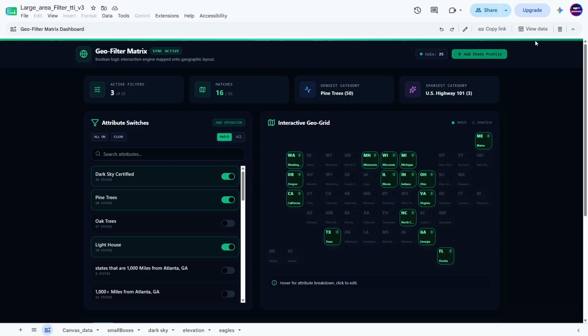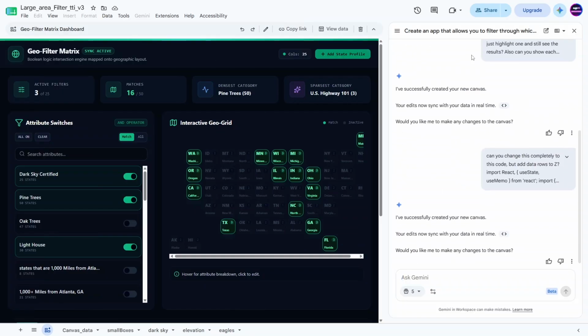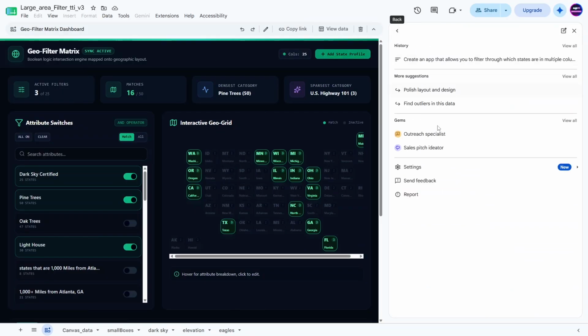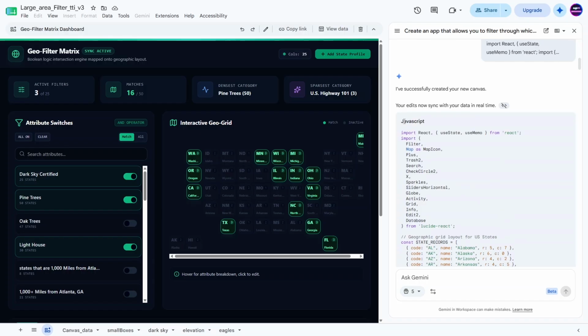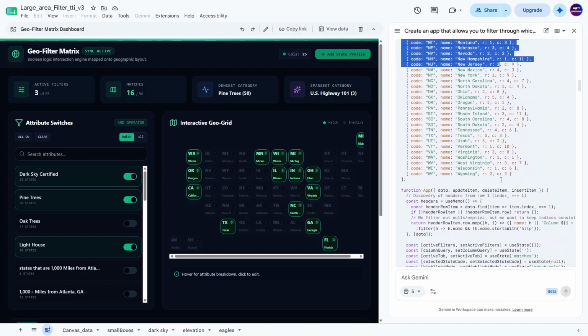But here, what we're going to take a look at is how you can edit this. Now it's not editing this exact one, but in fact making a second one and essentially copying the code and then tweaking it from there. So if you go into this Gemini icon, more options, you can find the history where you had created it. And here you can press this to show the code. If you copy that code,